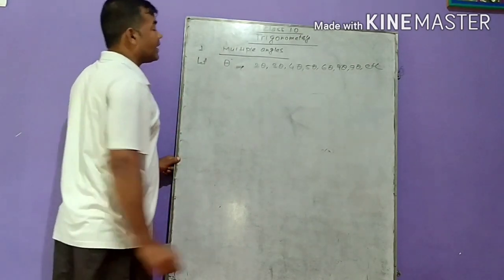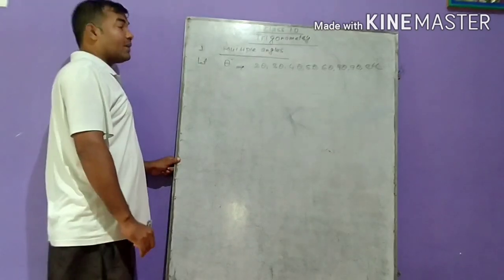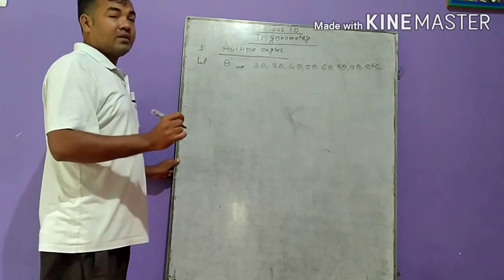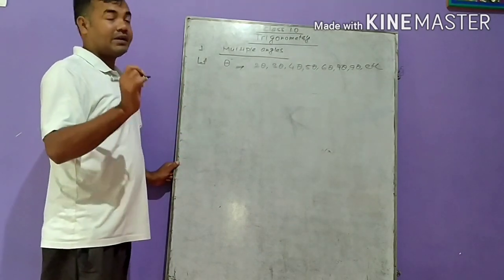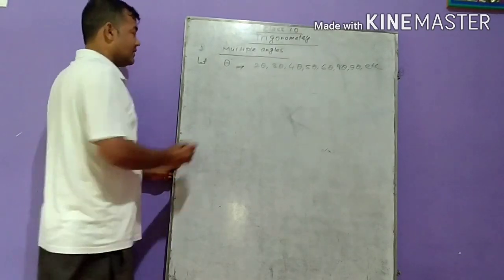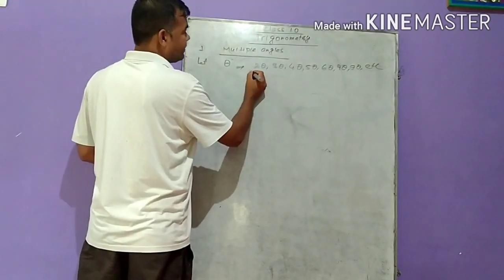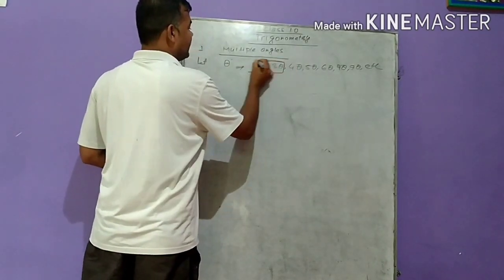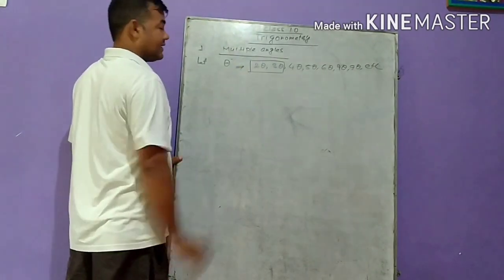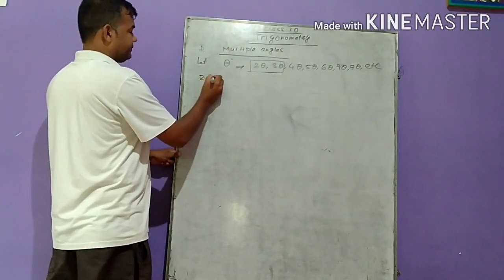Now, how can we find out the values of these multiple angles? To find out the values of these multiple angles, we need to use the identities we have studied in class 9 as compound angle. So children, in class 10 we have to explain two major identities as multiple angles. They are 2 theta and 3 theta. So let's continue from 2 theta first.